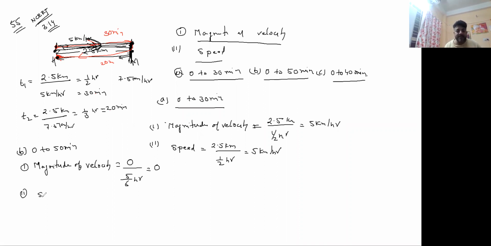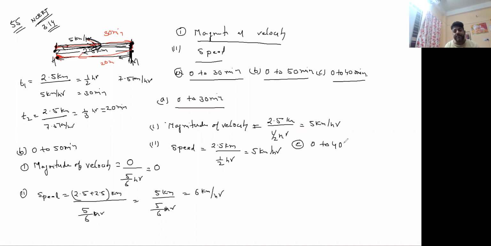0 to 50 मिनट, टोटल स्पीड। स्पीड में देखो क्या है, गया और आया, कितना डिस्टेंस ट्रेवल किया? Sir, 5 kilometers. 5 किलोमीटर, क्योंकि डिस्टेंस इज ऑलवेज पॉजिटिव, गया और आया। सो टोटल डिस्टेंस ट्रेवल्ड 5 किलोमीटर। कंफ्यूजन है तो ऐसे करके लिख लो, तो कोई कंफ्यूजन नहीं होगा। और नीचे में क्या होगा? 50 मिनट, मतलब 5/6 आवर। सो ये क्या हो गया? 5 किलोमीटर by 5/6 hour, that is 6 kilometer per hour. Now the third one,